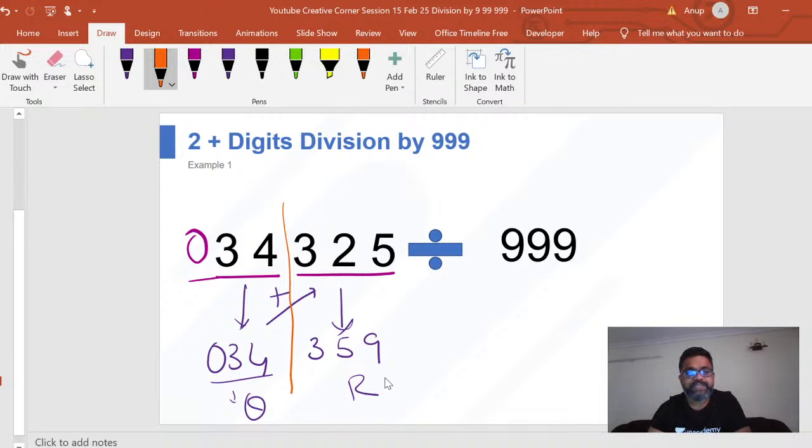So I hope it is very easy and you are able to really solve these divisions very quickly. Who knows, you might get this division and you are kind of doing this in a jiffy. You can get it in under 5 seconds, no doubt about it. I think it takes only 3 seconds. Not even more than that, because when you're doing it mentally, you already know that the quotient starts with a 0, 3, 4 and then keep adding it to the next digit. That's all you need to do, right?